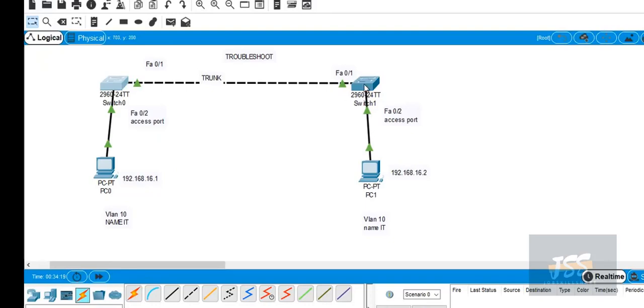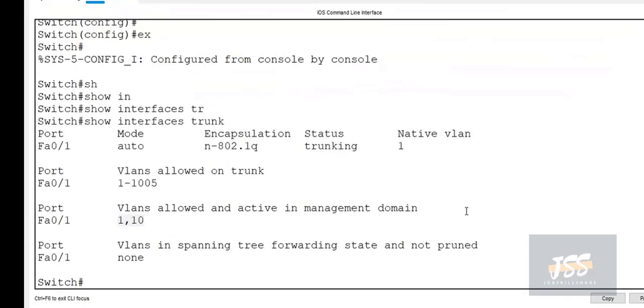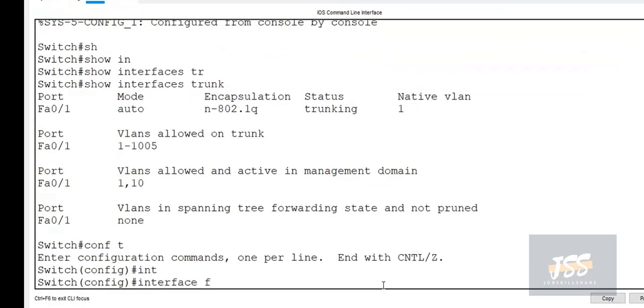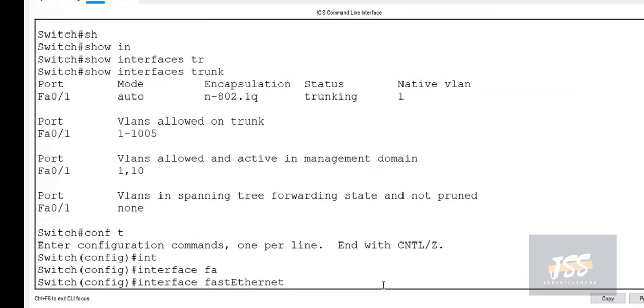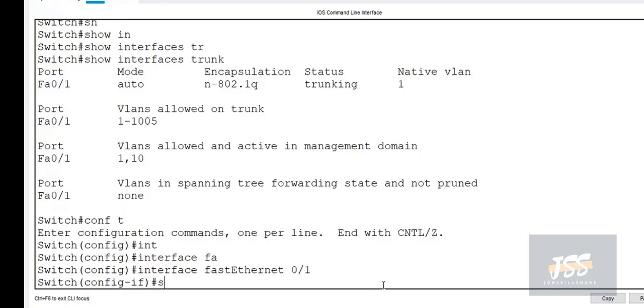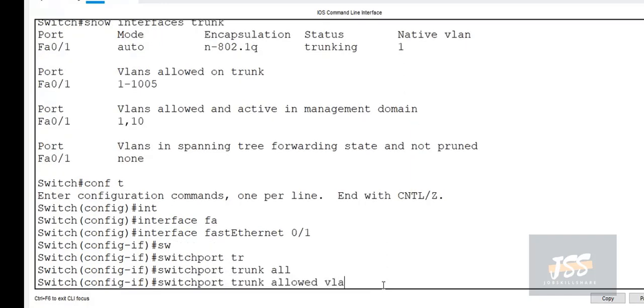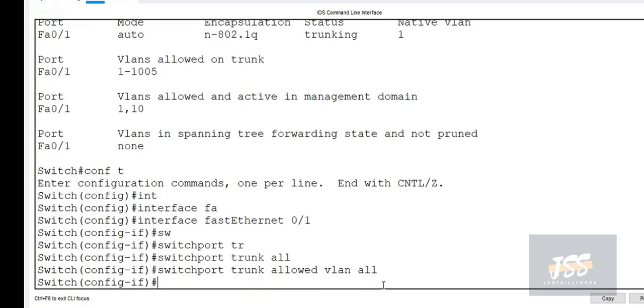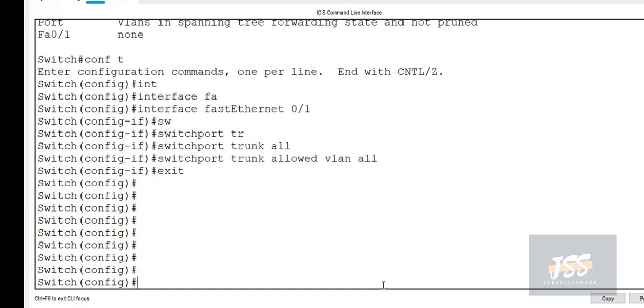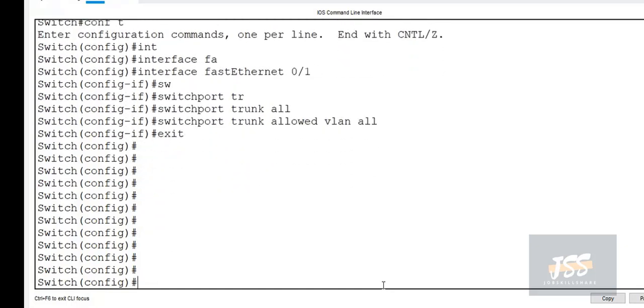Now moving on to switch 1, we use the same command. In global configuration mode, interface FastEthernet 0/1, the command is switchport trunk allowed vlan all, or you can use the VLAN ID as you wish. Now we can check with the ping command whether connectivity is established.